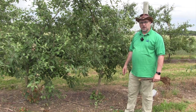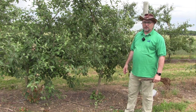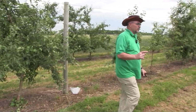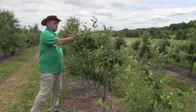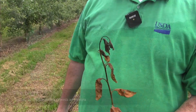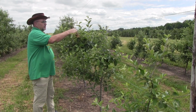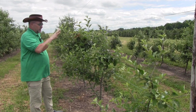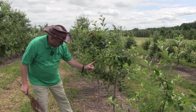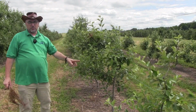The breeding program was initially established because of a scourge that's North American in origin. It's called fire blight, and if I go right over here, I have a little example of what fire blight looks like. Right here, you see this little shepherd's crook. This is the typical sign of an apple tree that has been hit by fire blight. The problem with fire blight is that it hits up here in the top part of the tree, in the scion, but fire blight actually travels all the way down to the rootstock in a couple weeks, maybe sometimes 3 weeks. And if the rootstock is sensitive,